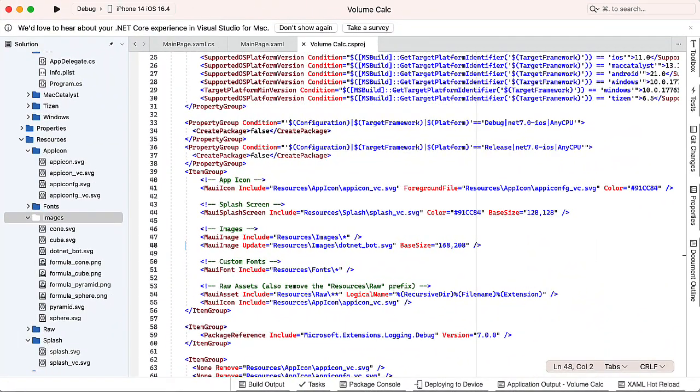I began the project by adding in the existing files for the app icon. So I had app icon vc svg and app icon fig underscore vc.svg. And then for the splash, I had splash underscore vc svg, and also added in the images for the 4 formulas and for the 4 shapes of cone, cube, pyramid,